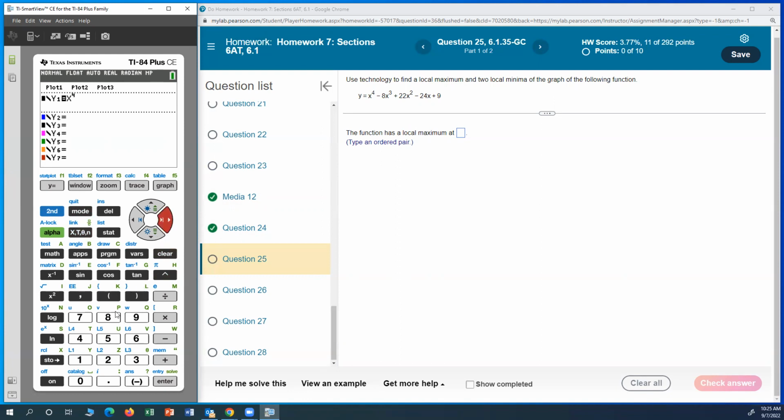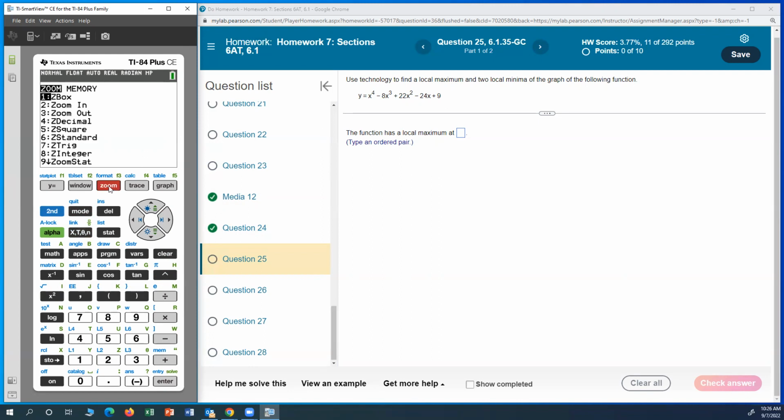So we have x to the 4th, and I left out the minus, so minus 8x cubed plus 22x squared minus 24x plus 9. Okay, great. So for the window, I could just randomly guess, but first what I'm going to do